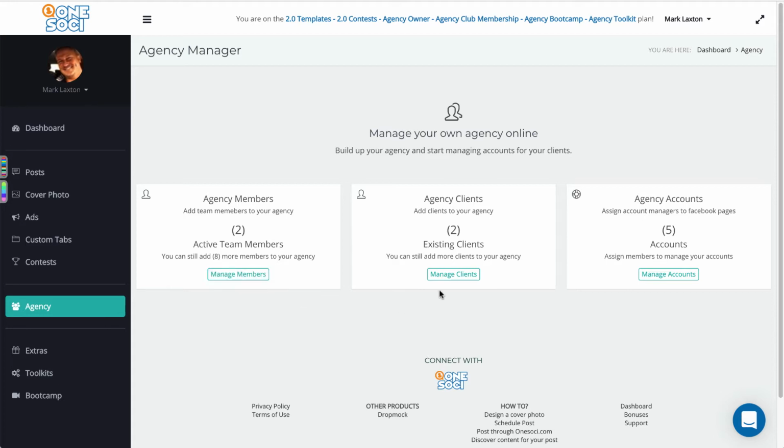Okay, so talking of clients, this is where you come here. So this middle section. So it's one, add your team members. You might want to start initially, you might just add a friend or family member. But like I say, as you grow your agency, then you'll be taking on team members to manage your clients'